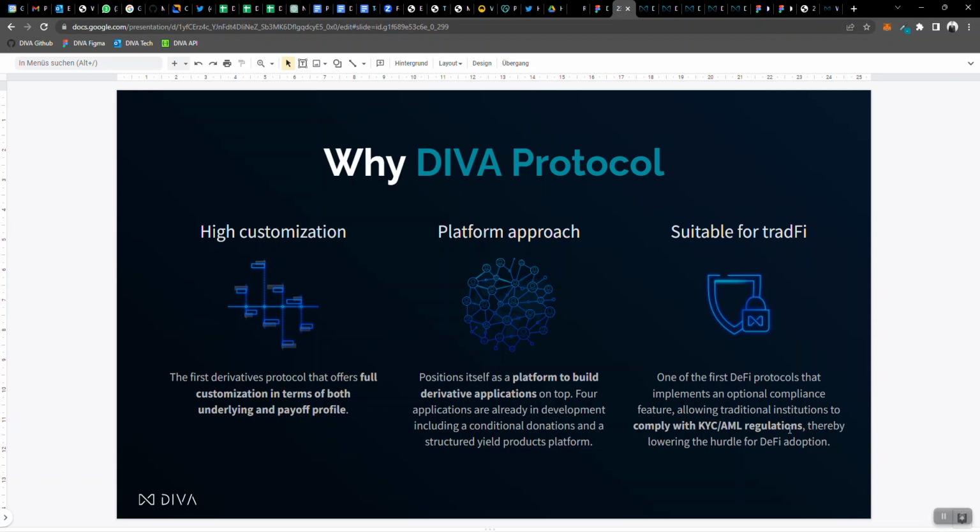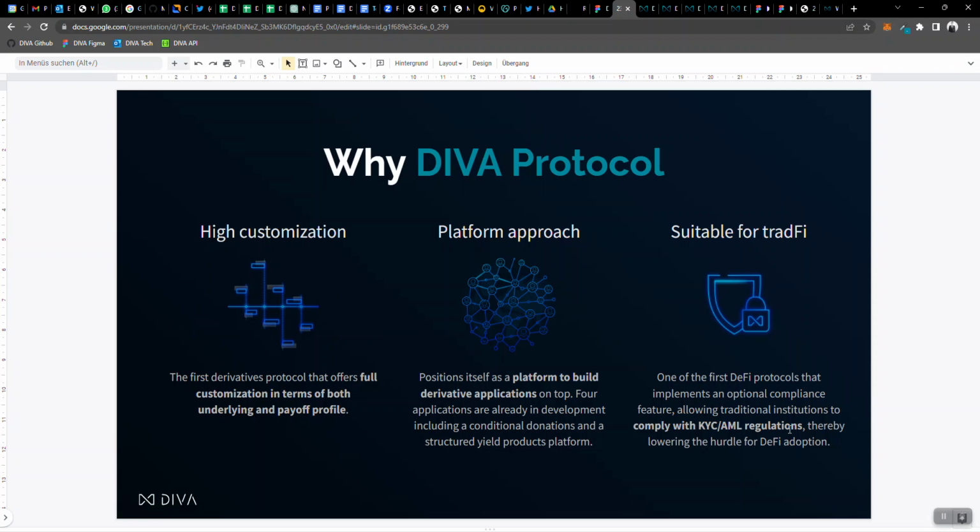Then the second reason why we are different is that we have a different approach. As opposed to platforms like Polymarket, which have built their own smart contract and built their own front end on top, we built a smart contract and we want a lot of people to build on top and not just us, right?